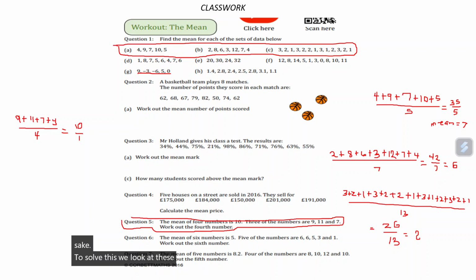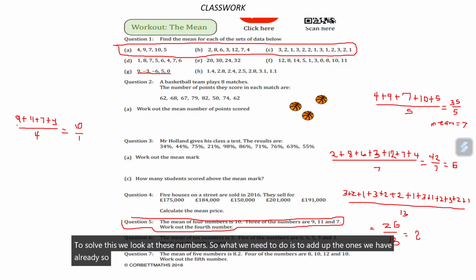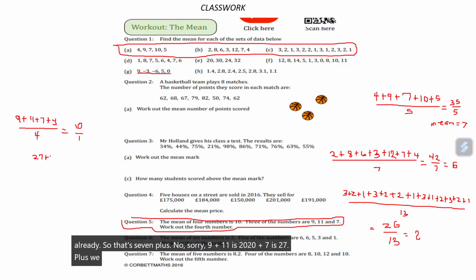So what we need to do is to add up the ones we have already. So that's 9 plus 11 is 20. 20 plus 7 is 27 plus, we don't know the value of the fourth one. You can add it there, y, over 4 is equal to 10